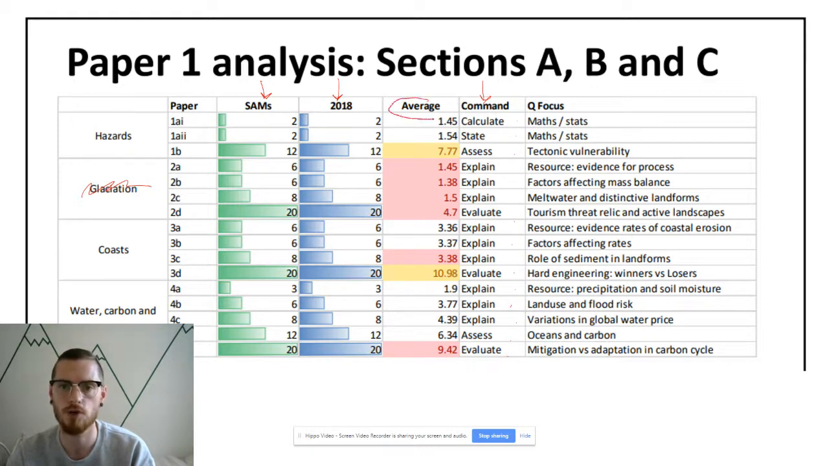And you can look at the average marks students were getting on these questions. Interestingly enough, you're looking at nearly 8 here on a 12 marker. Skip down here on the 20 marker for coasts, about half marks here, 10.98 out of 20. Skip down to this 12 marker, 6 out of 12, and then 9.42 out of 20. So on average on the 12 and 20 markers, students are getting very close to only half marks